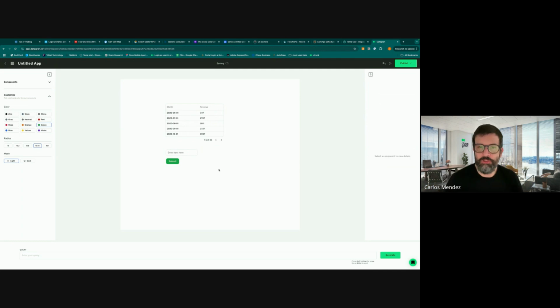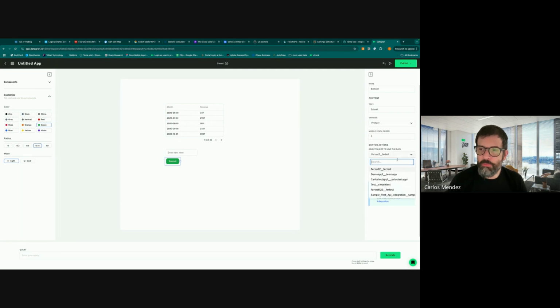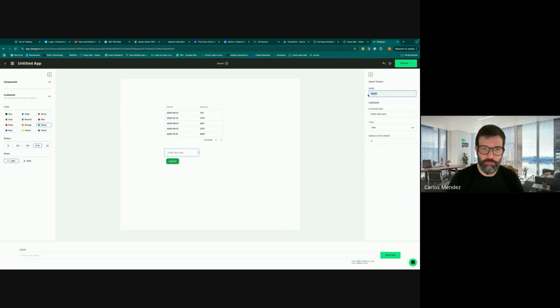So now what I'm going to do is configure my submit button. And the way I'm going to do this is I'm going to select the integration that I just created. So for example, in this case, I'm going to select my demo app that I just created. And the next thing I'm going to choose is my field. I can change the name of my field here. So for example, in this case, it's going to be revenue. For example, revenue field. And this is just obviously an example, so that then I can select it in the